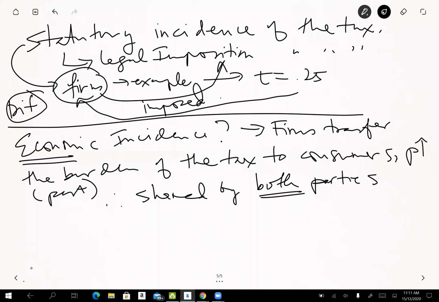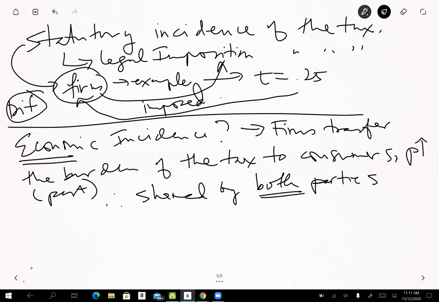Okay, I wanted to discuss this later, but I think it should be now because the tax is imposed on one party. The tax can be imposed on the firms, or the tax can be imposed on the consumers. Sir, for example, what you said has actually brought something to mind. Like the difference between GST previously and SST. They say that the GST avoids double taxation. So can you explain more on that?